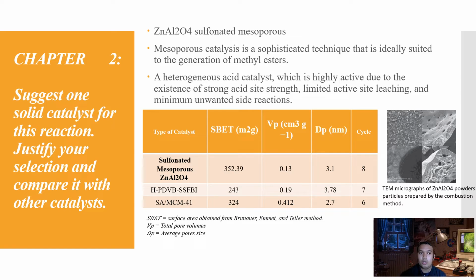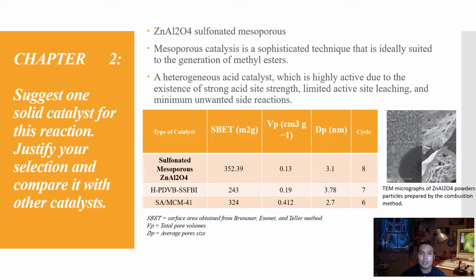So we compare sulfonated mesoporous with other catalysts, which are HPDV, SSFBI, and also SAMCM41. The sulfonated mesoporous has the largest surface area, obtained from the Brunauer-Emmett-Teller method, which is 352.39 m² per gram. The pore volume of sulfonated mesoporous is the smallest, resulting in exceptional